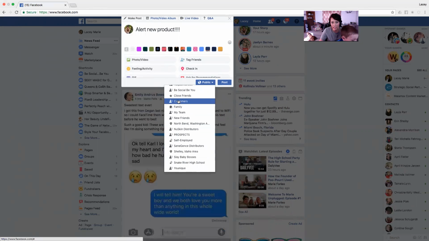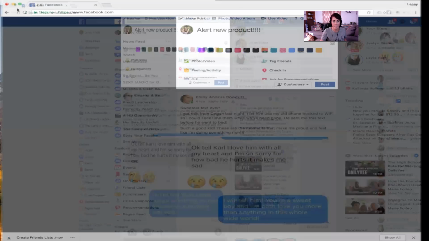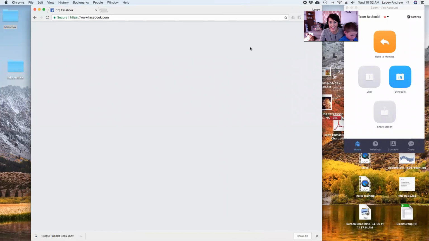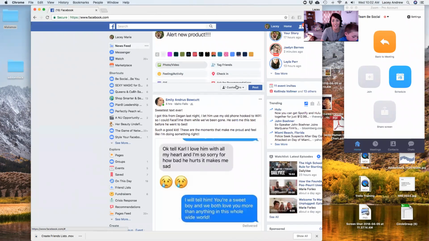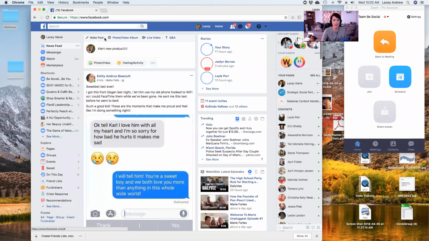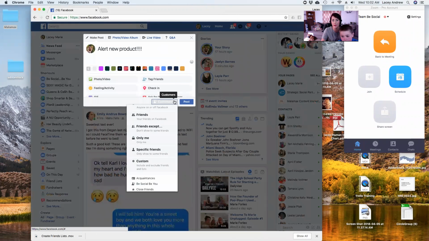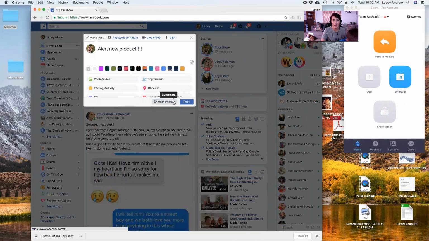So I've created a customer list. I'm going to click customers. When I now push post, this post will show up in all of my customers' news feeds. How incredible is that? Like, seriously. It's a great way to be able to remarket and retarget without being really spammy or taking a ton of time and messaging it to everybody,